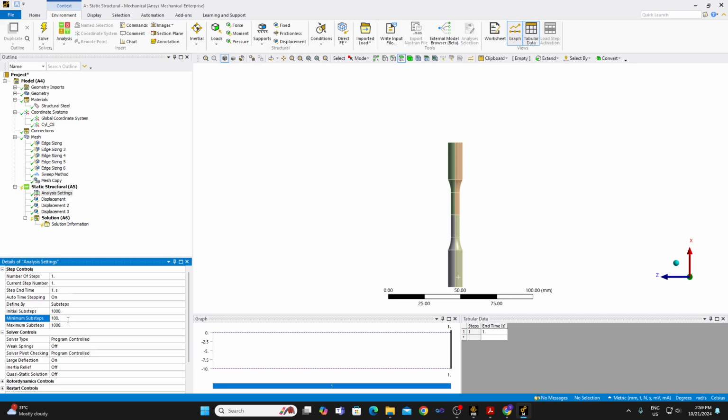So an initial number of substeps of 1000 would ensure that within 0.1% of strain you have about 2 or 3 substeps, 2 or 3 solutions. So even within the elastic limit you will have more than one solved step. That increases the accuracy of the solution. Also it avoids the unnecessary bisection of the steps, because when the yielding